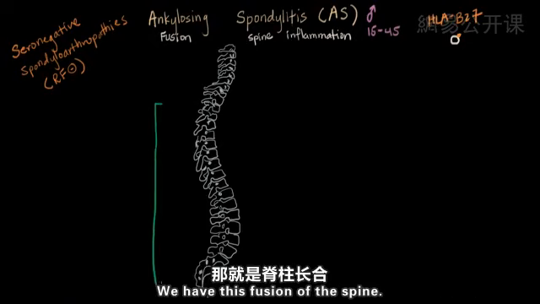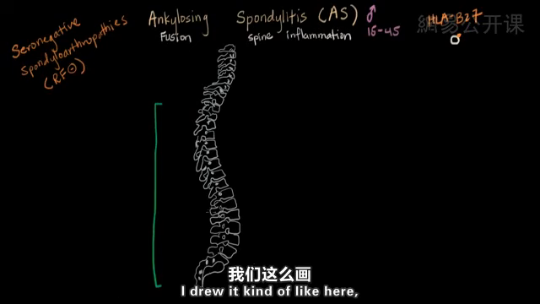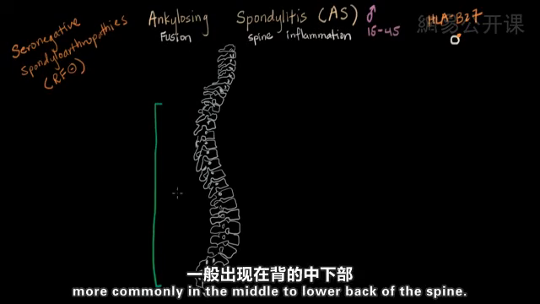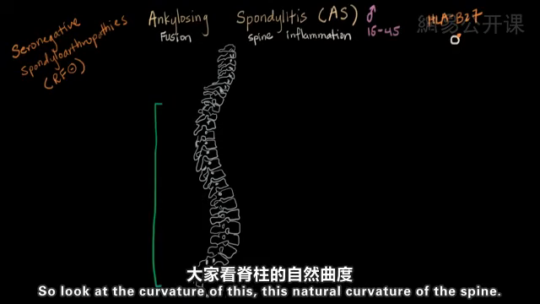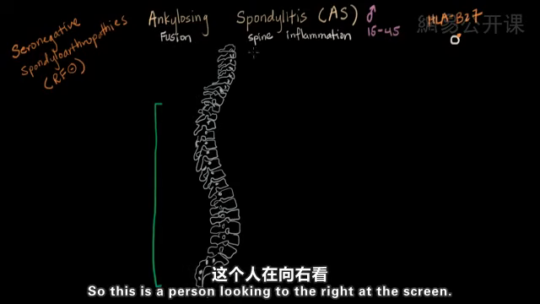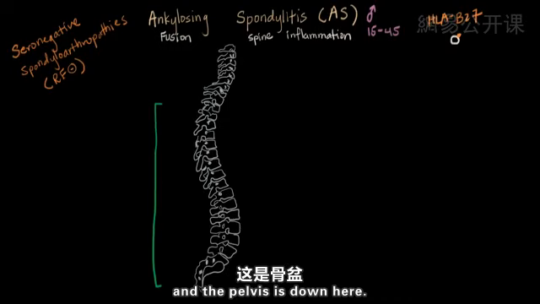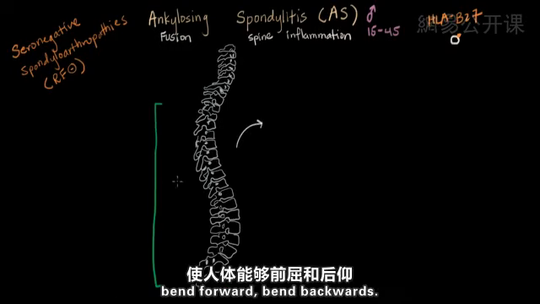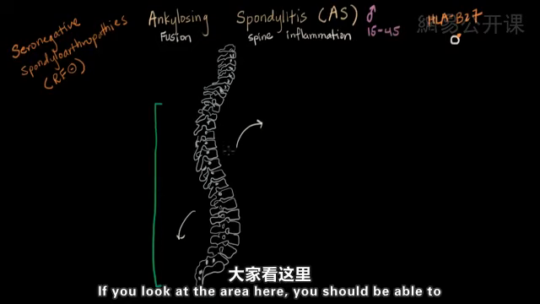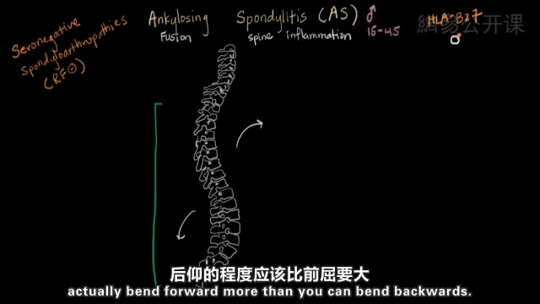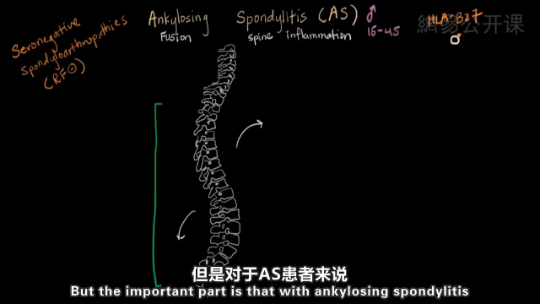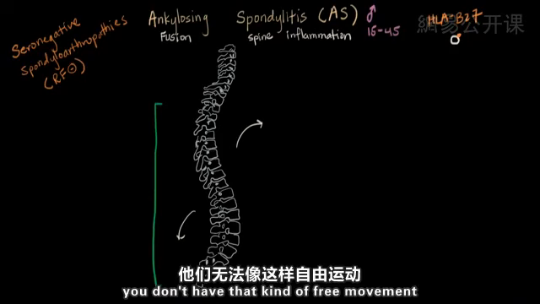So the name kind of tells us what symptoms are characteristic. We have this fusion of the spine. I drew it kind of like here because it can be in the middle of the back, more commonly in the middle to lower back of the spine. So look at the natural curvature of the spine. This is a person looking to the right of the screen. The head is over here. And as you come down the back, it kind of curves in here and the pelvis is down here. This whole thing is supposed to allow you to bend forward, bend backwards. If you look at the area here, you should be able to actually bend forward more than you can bend backwards. But the important part is that with ankylosing spondylitis, you don't have that kind of free movement because you